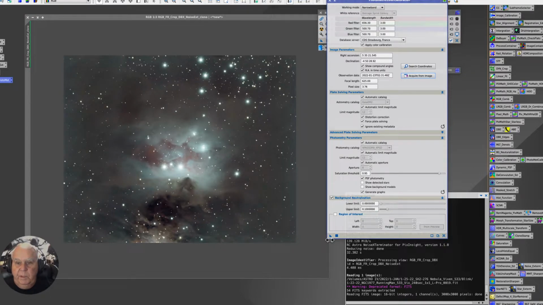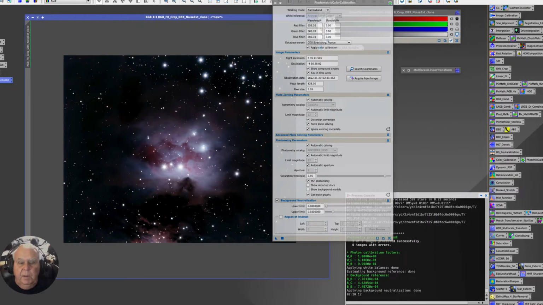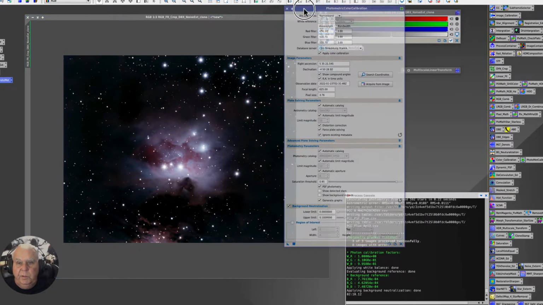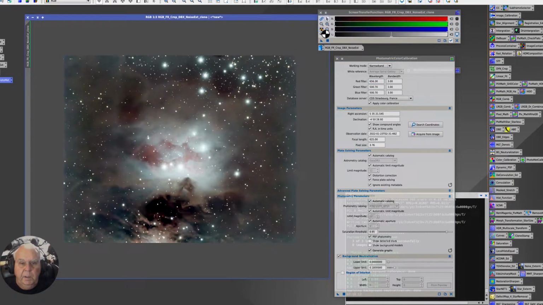And so let's go ahead, and I've cropped this a good bit. Let's see if it'll run. It's going to take a second. Okay, it's finished doing its thing, and we're going to stretch it again. And so this is the